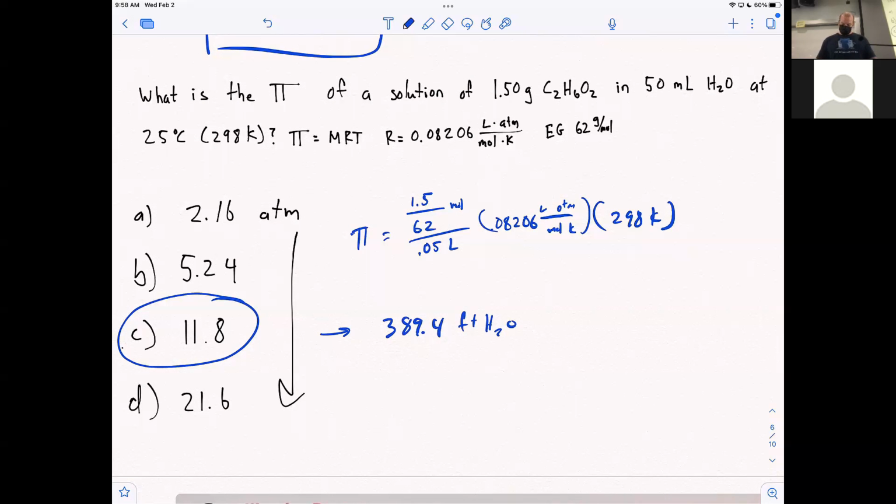So that means if, instead of sugar or something like that, it's ethylene glycol, if I had a long tube and a little bit of solution, and I connected a tube full of water, I could draw water up 390-ish feet, almost 400 feet, against gravity to that solution. So that's how trees